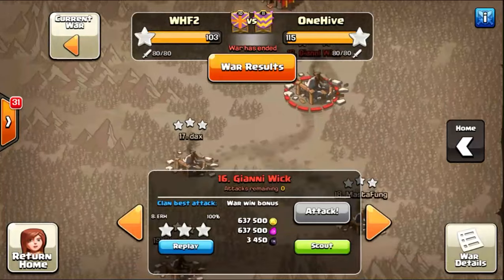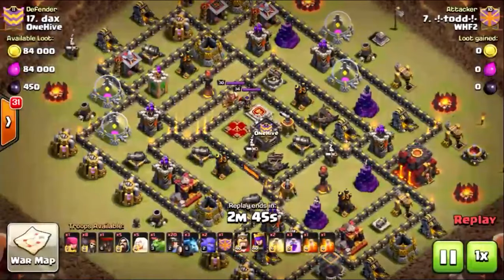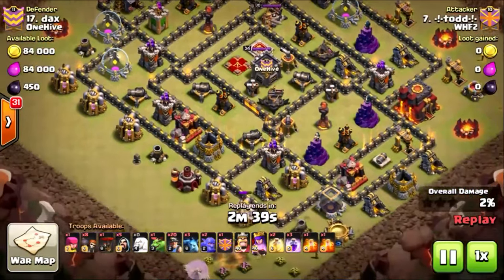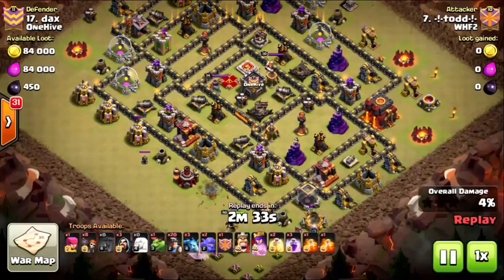All right, we'll go ahead and jump down to number 17 and check out the boner attack, bowlers, and miners. Not quite the normal amount of bowlers, but we got bowlers, miners, a baby dragon. We've got a queen walk or a queen charge coming in on the bottom, with, I believe this is the one where we use tons of wall breakers and have a lot of fails,